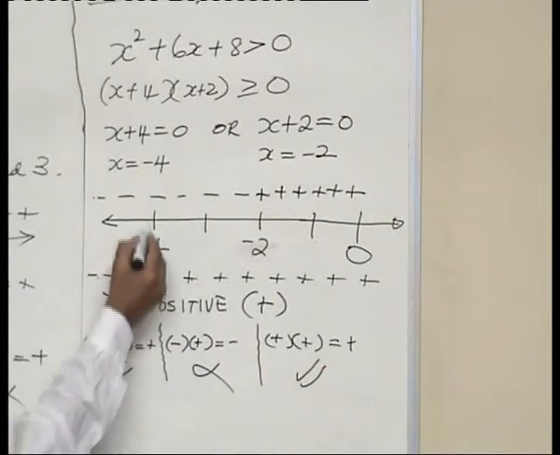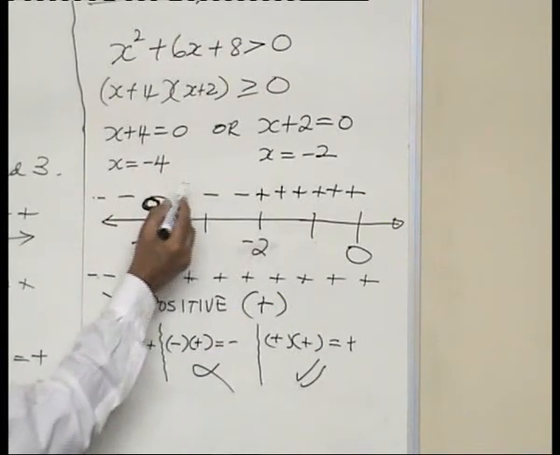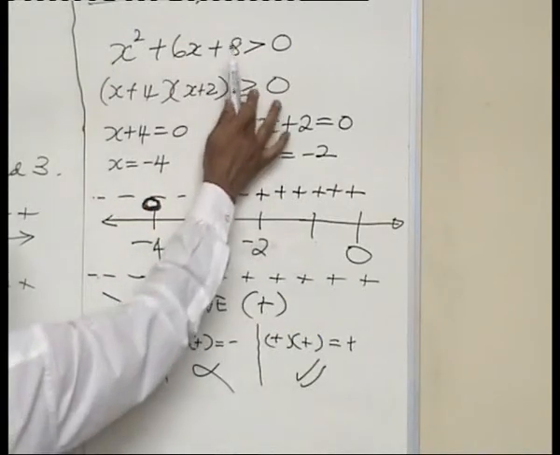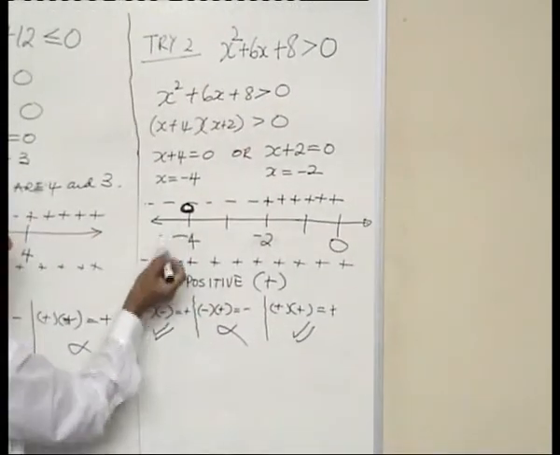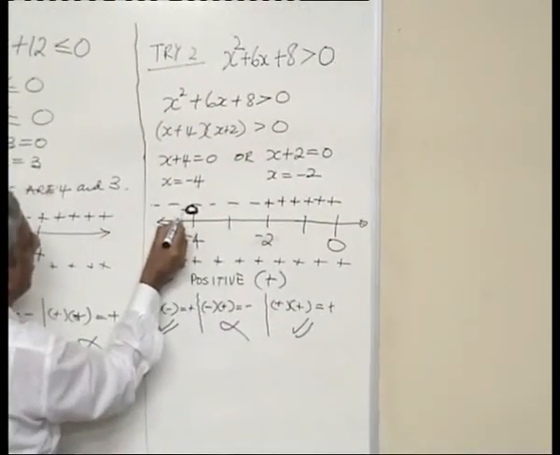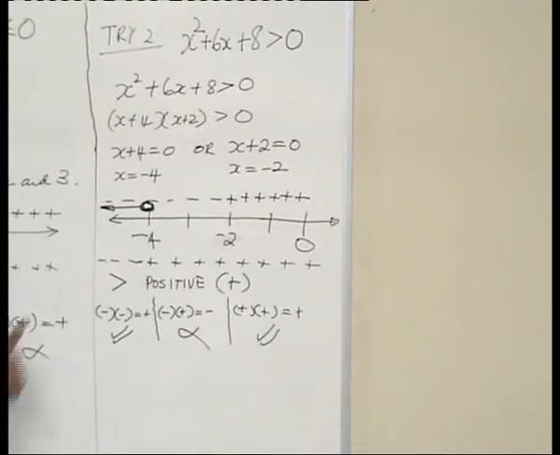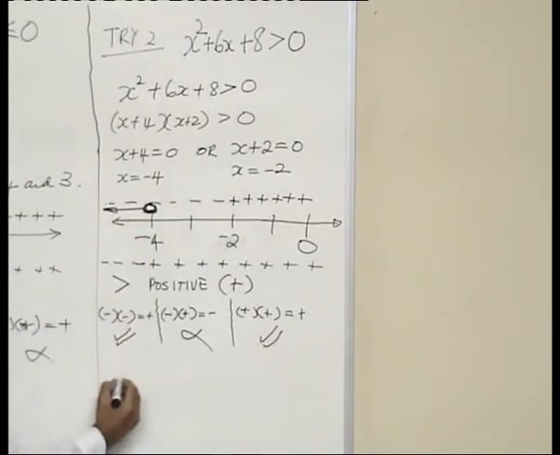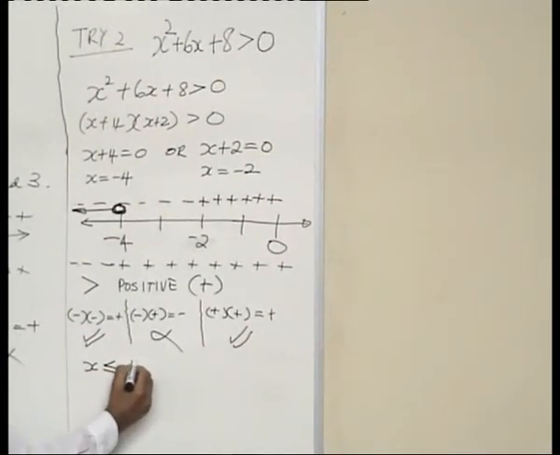Firstly, the answers are here. Now, why am I using a circle this time? Because there is no equal to sign here. There's no equal to sign there. So therefore, that number will be excluded, but all these numbers form part of the answer. Now, how do we explain that? We say x is less than minus 4. So one answer is x is less than minus 4. Or,